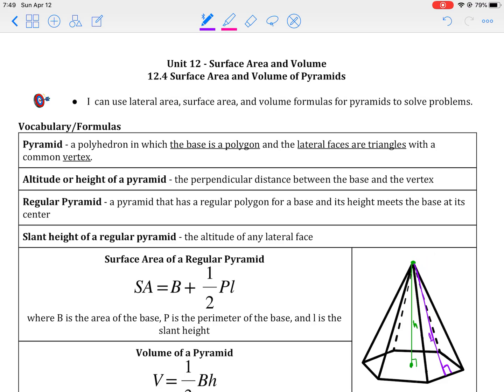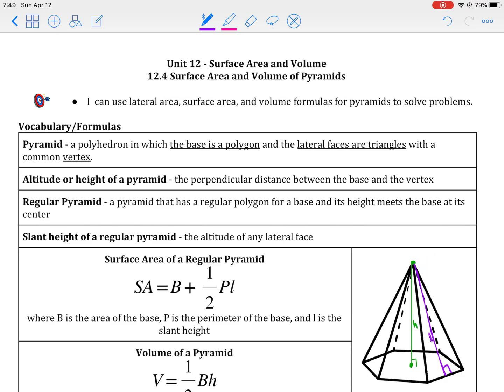There's a few different ways that we can use this. Both ways are going to use the Pythagorean theorem, but it depends on what you're given. So if you are given the height and the slant height l,